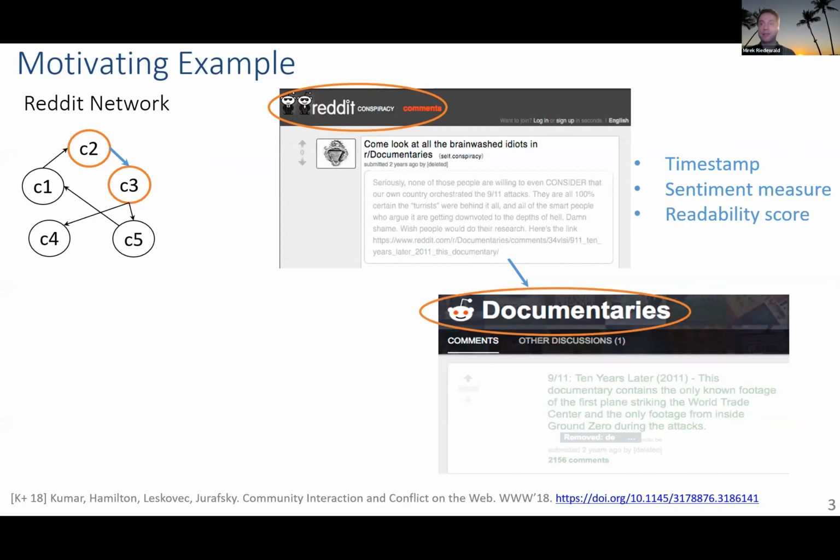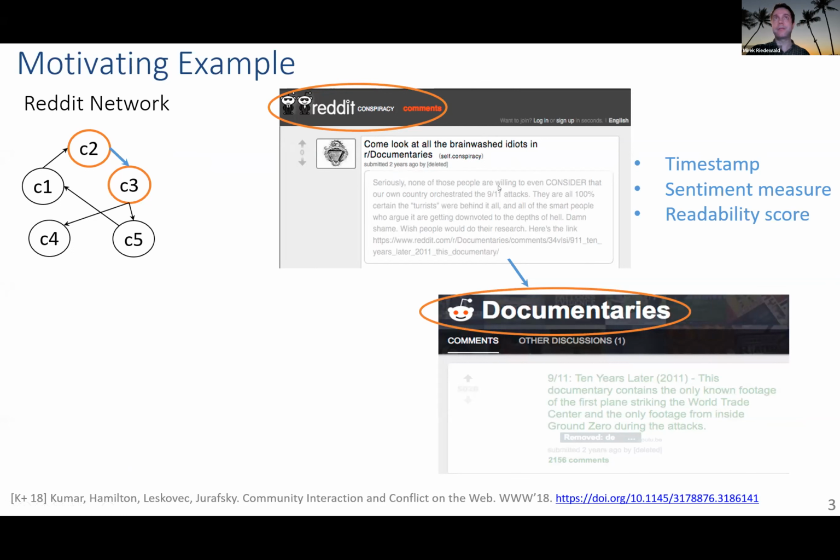Now, first, just a very quick introduction. Why do we actually need inequality conditions? So here's a simple example from a social network analysis. We have, for instance, different discussion groups on Reddit. And there's one that, say, is about conspiracy, another one documentaries. And so here, for instance, we can look at each of these articles as a tuple, like a database tuple